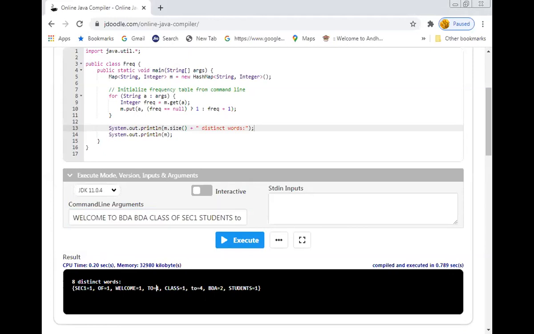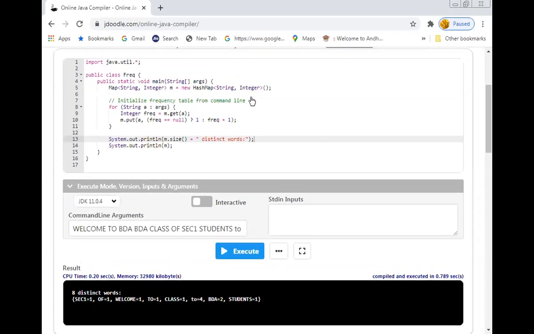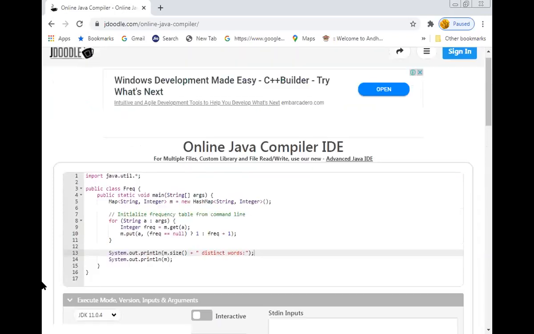So what we observed from this output is, it simply reads the input given by you, and it tries to find out how many words are different from one another. That is called distinct words. It displays the count of the distinct words as well as how many times, or the frequency, of the words. So for that, I wrote the program here.